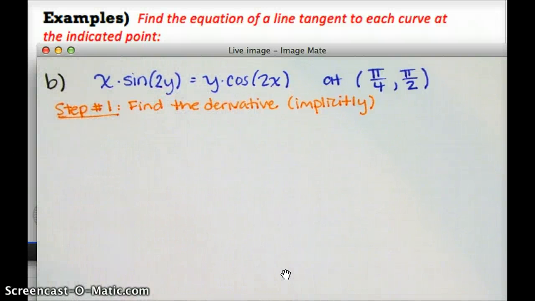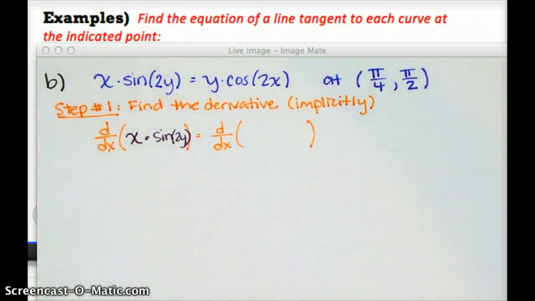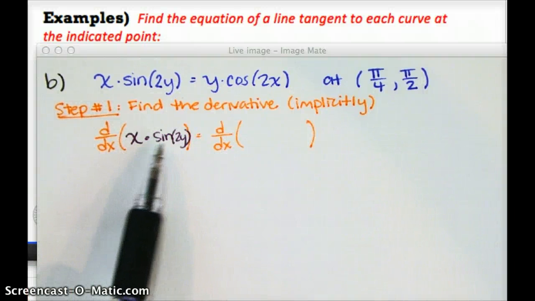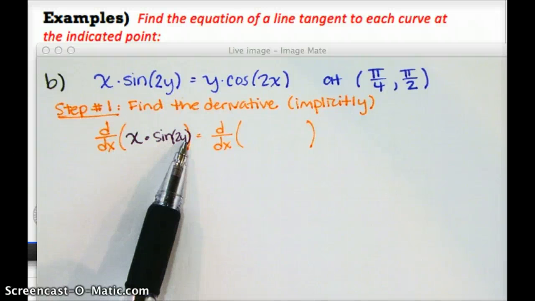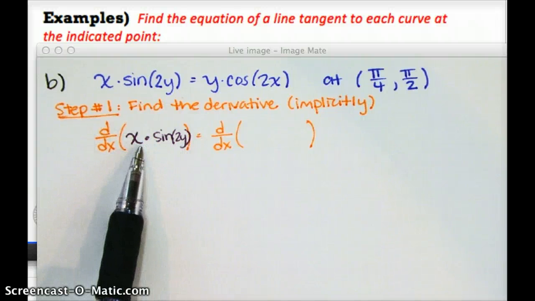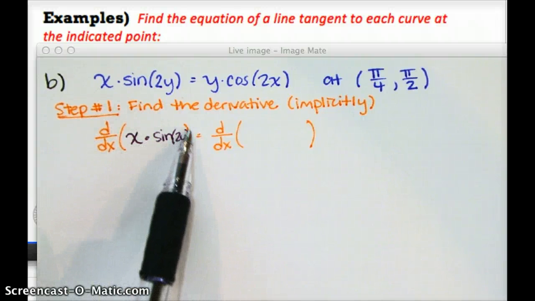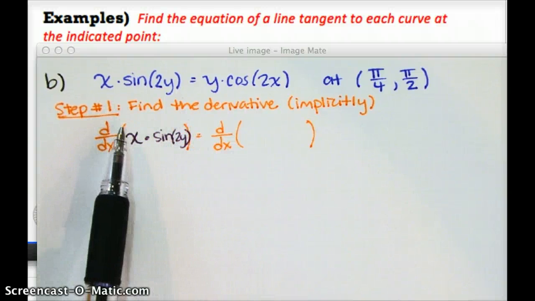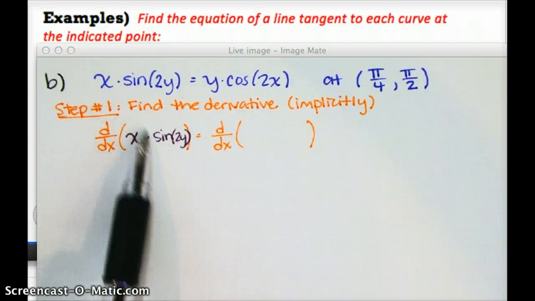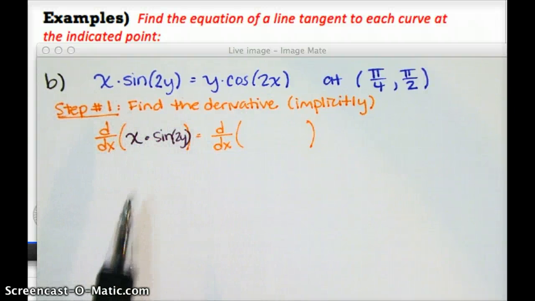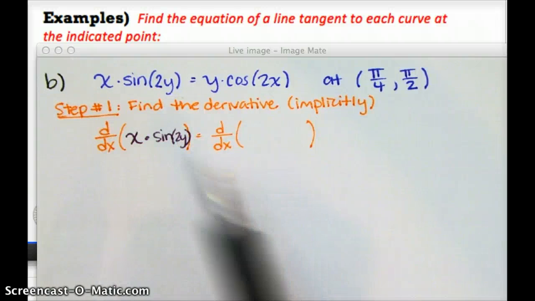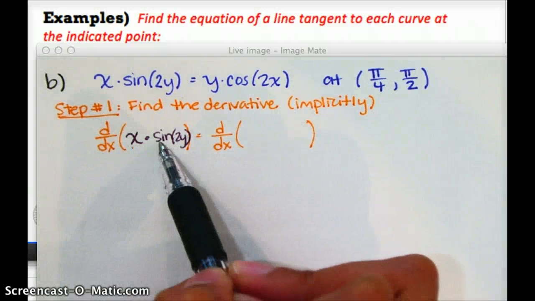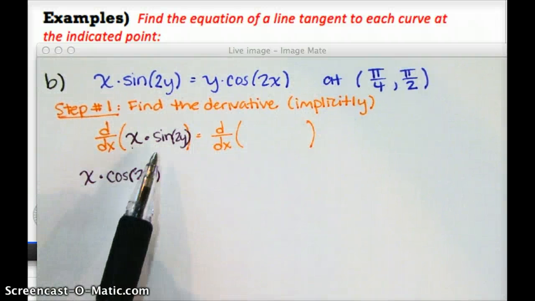Let's look at the left side first. When I go to take the derivative of x times sine of 2y, I'm going to recognize first of all that there's a product rule, and inside of the product rule there's going to be a chain rule. So I start with the bigger structure. The overall structure here is that we're multiplying two things together. To take the derivative of that, I'm going to do u times dv, which is x times the derivative of